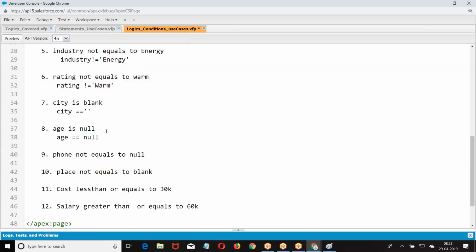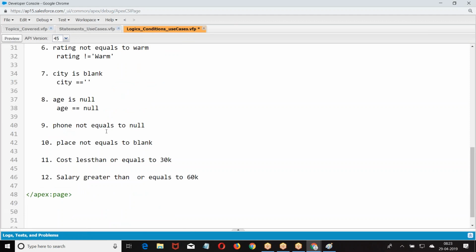Age is null. What is the default value for every variable? Null. If you don't assign any value, it's null.